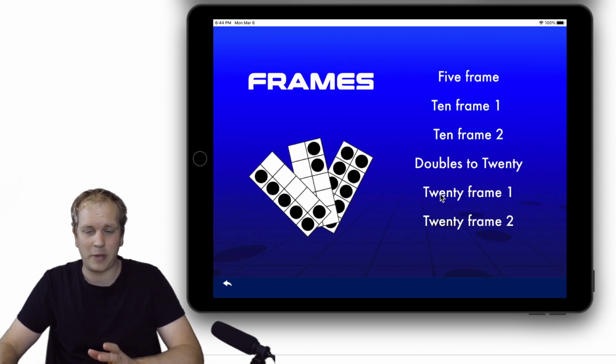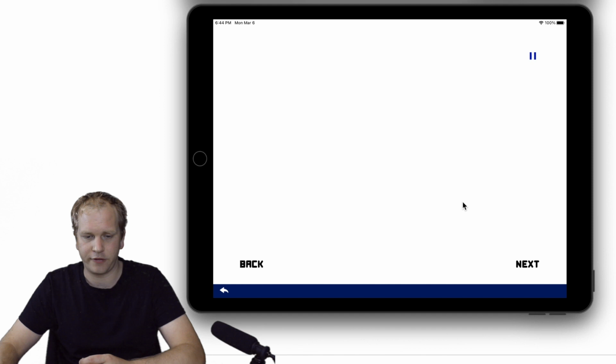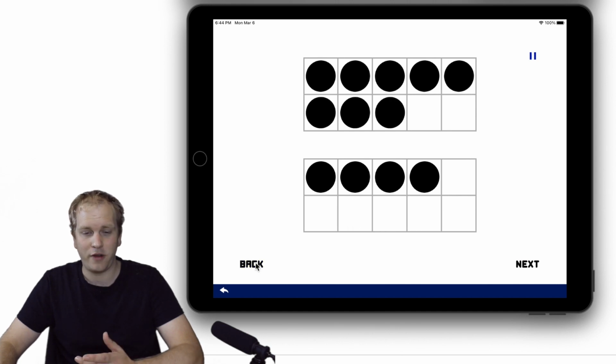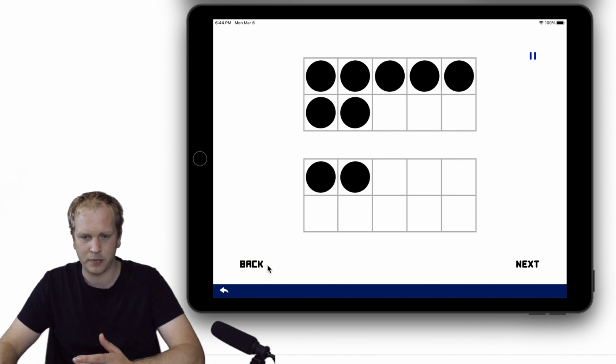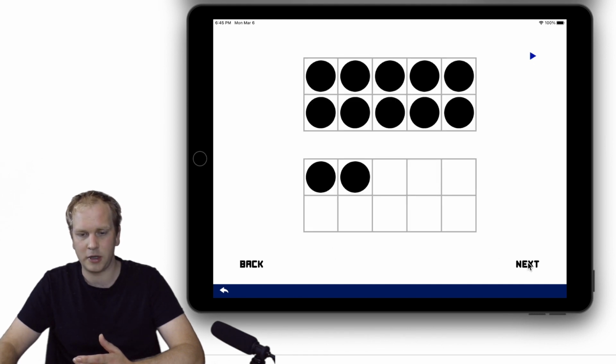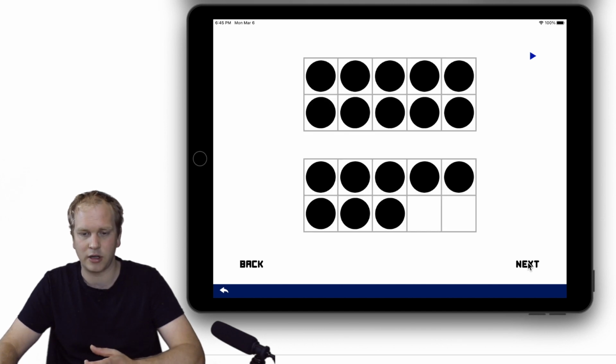Now, once students have been able to nail the 5 frame, then the tens frame, when it starts to get interesting is here when we go to the 20 frames. So now I can just work on adding 2 collections together. But if I just keep clicking this back button until I find a 10 up the top, so let me just find one. Oh, there was one. I can pause that top collection. So now the top collection's always going to stay a 10 and the bottom tens frame is going to change.